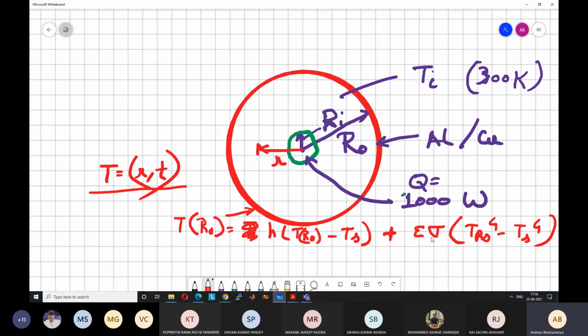I'm missing something here or not? You just check. But basically, it means that from this side there is heat removal due to convection and radiation. Don't go by these equations. You just check on your own and find out what should be the exact boundary condition. What I want is that there is heat loss occurring from this side due to convection and radiation. So now we are trying to find how the temperature in the tawa or this circular plate is rising with time. This is a real life problem.